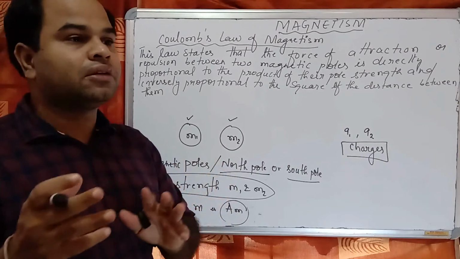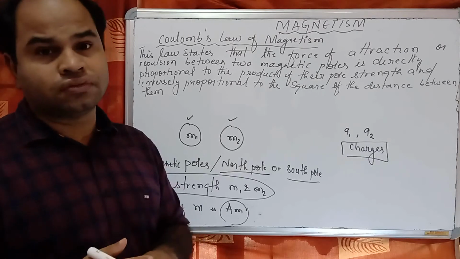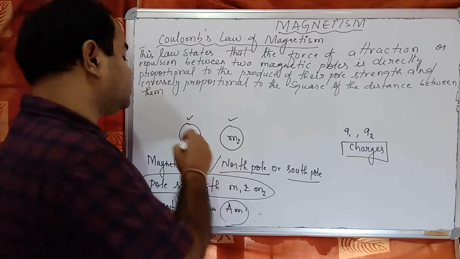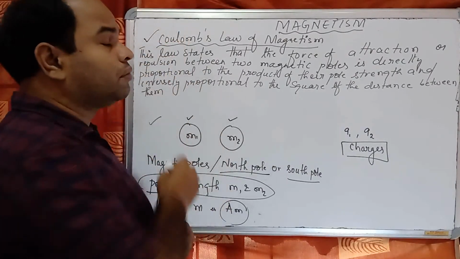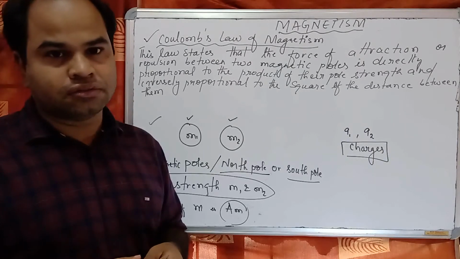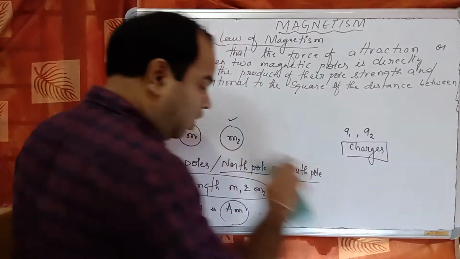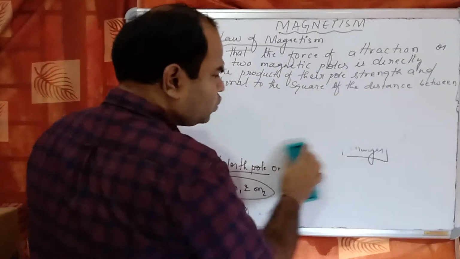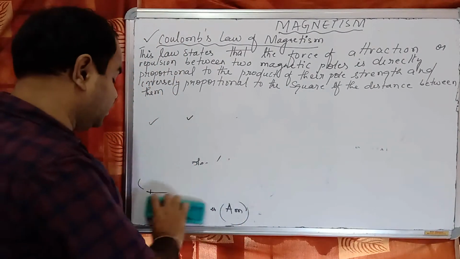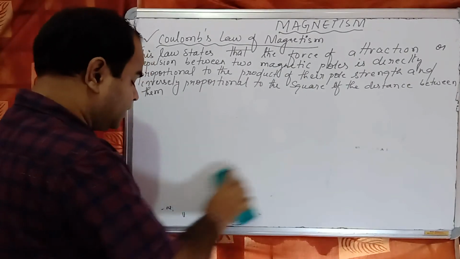If we have two or more magnets, then the total force on the magnet can be found using this Coulomb's law of magnetism. So let us start this law. It states that if two poles are taken and kept in a medium,